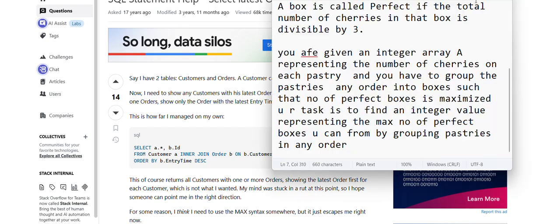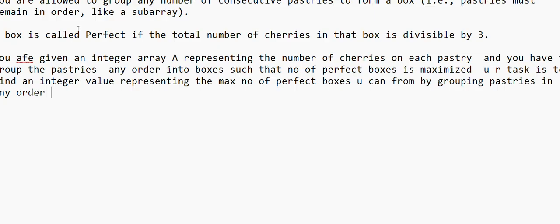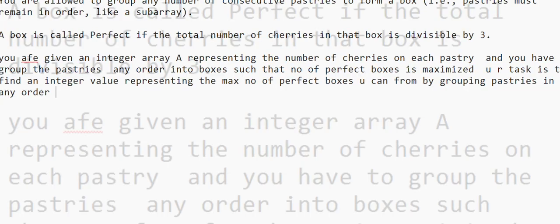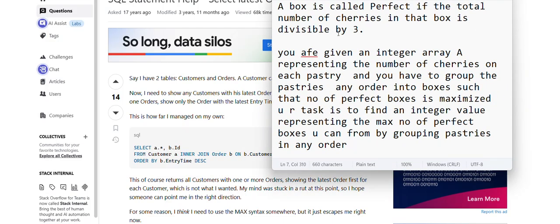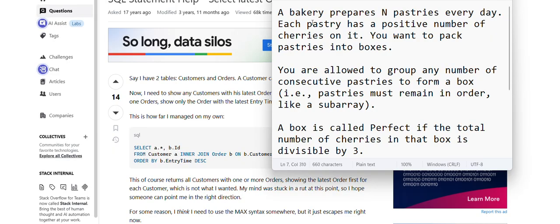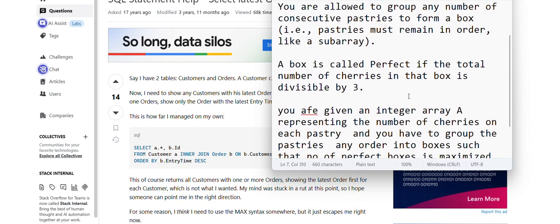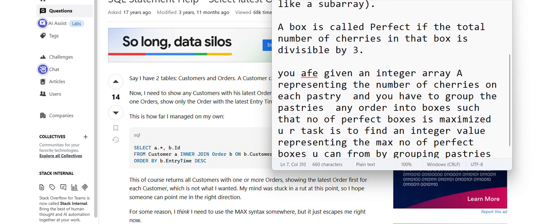And when it comes to the program, they asked this question. Let me minimize this one. A bakery prepares n pastries every day. Each pastry has a number of cherries on it. You want to pack pastries into boxes. You are allowed to group any number of consecutive pastries to form a box, that is, pastries must remain in order. A box is called perfect if the total